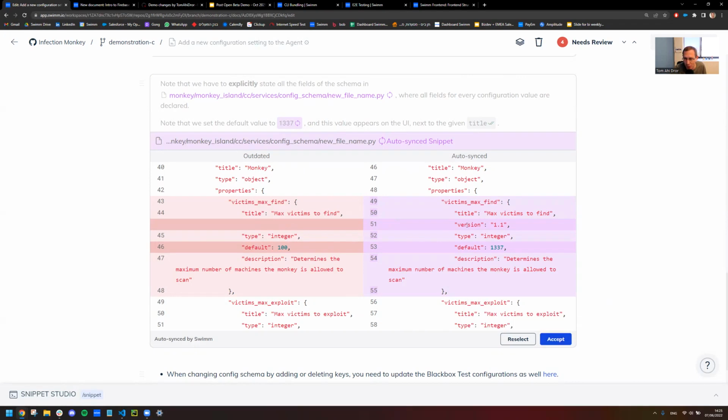So you can see version was added to the schema, the default value changed. The line numbers are different because some code was added here, and the file name changed. This alone could have been pretty annoying, right? So we automatically made all these changes also to parts of the code that were